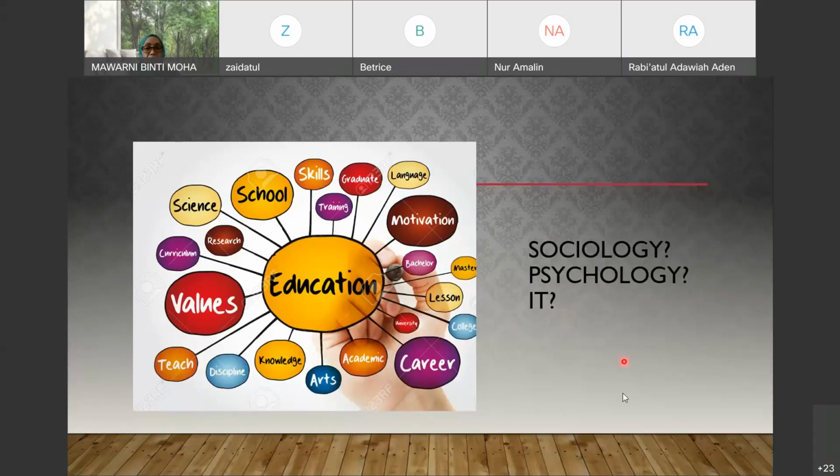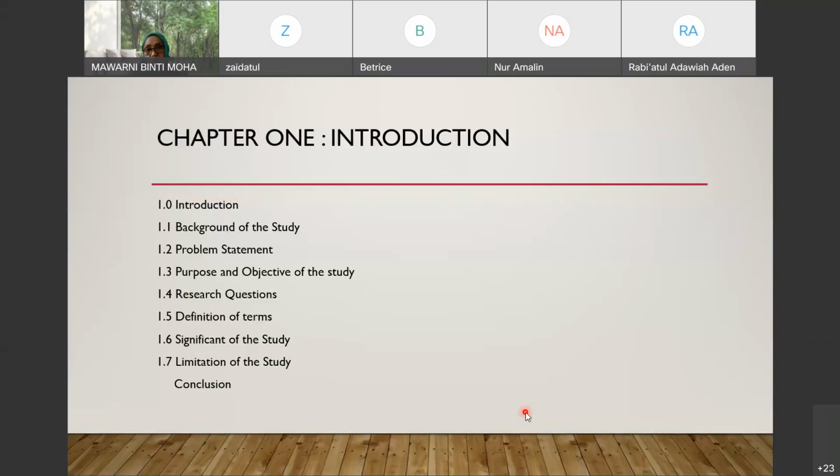So these are just to give you the ideas, especially for semester 7 students. Similarly, if you are into education, there are a lot of things that you can do. You can do art education, even physical education, health education, science education, even STEM, yeah. And what is it that you would like to do, and whether it's under the sociology or psychology or psychosociology perspective, IT, and so on and so forth. So the most important thing is for you to define the terms that you use, okay, and understand the subject that you want to choose on.